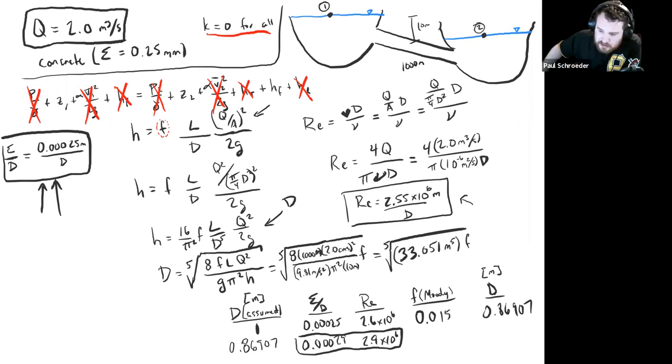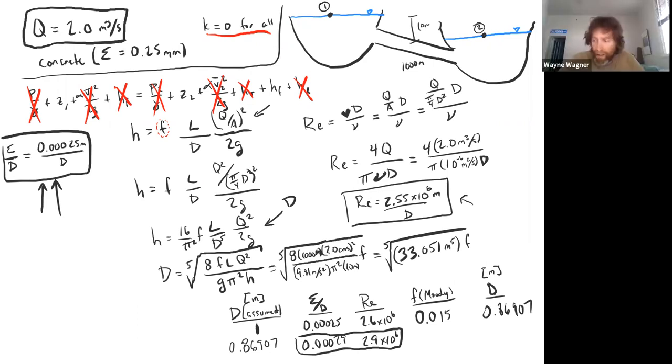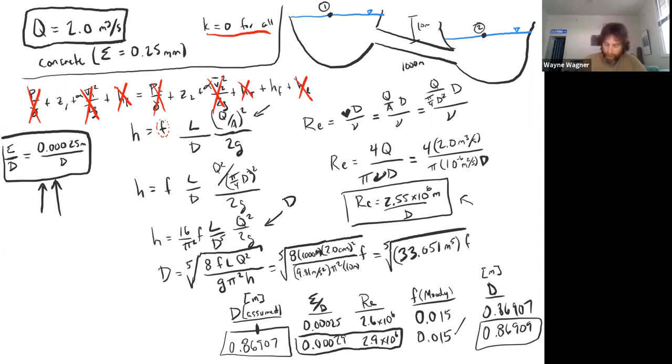So is it going to be 0.015 again? Yeah, I'm not getting really any difference. So as soon as you see something like that, you're like, oh, sweet, because then you don't even have to do this calculation again, right? So you're like, all right, cool. We check out, we're good. This is the diameter. So you say D equals